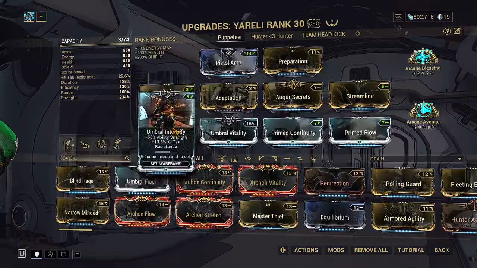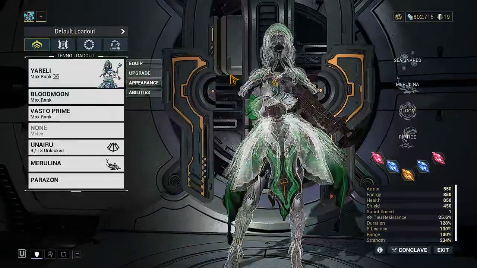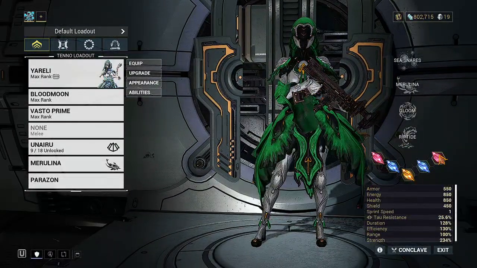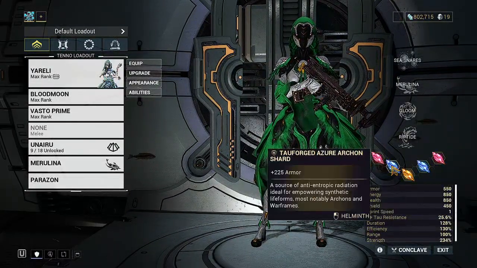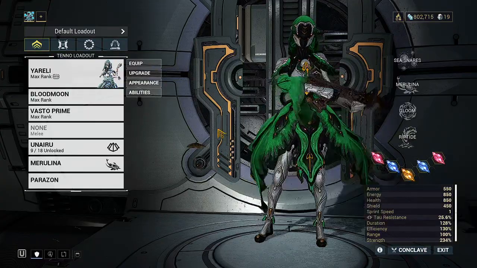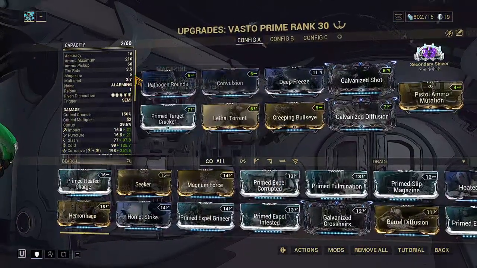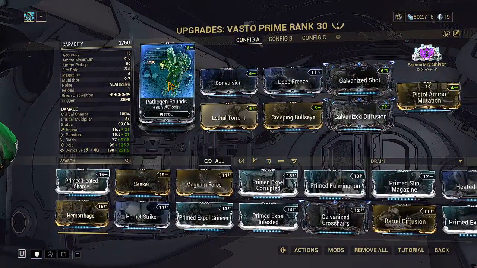You can slow it down if you want, but when it comes to the weapon, which I do believe they wanted, here we go. Two reds on secondaries, two blues on armor, and one yellow on amber. So you go to the Vasto. The Vasto I'll slow down for. So we're going for